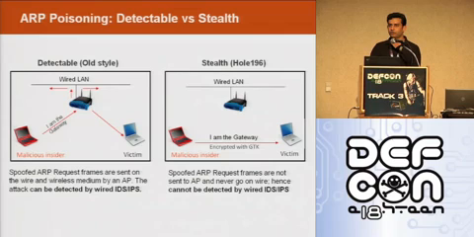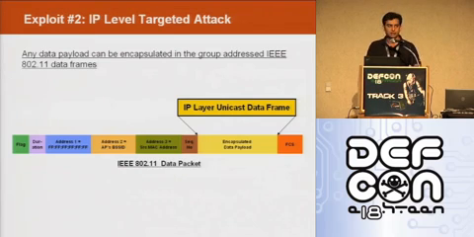So this is one example of a GTK exploit or Hole 196 exploit. I'm going to present here the second exploit. And it's all about changing the payload, what kind of payload you are encapsulating in that broadcast frame. So this time, the attacker is going to use a unicast IP payload inside that packet to basically launch an IP level targeted attack. So for example, if the frame is at layer 2, the frame is broadcast, but I can always use an IP layer 3 unicast frame inside that.